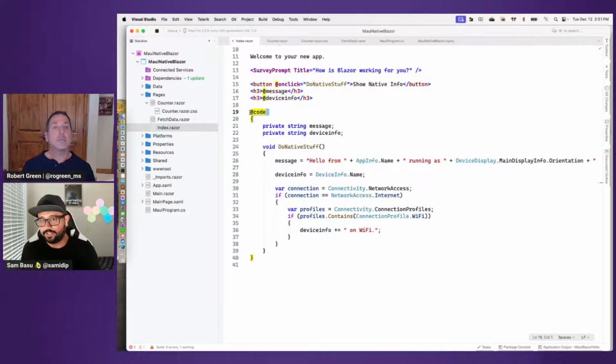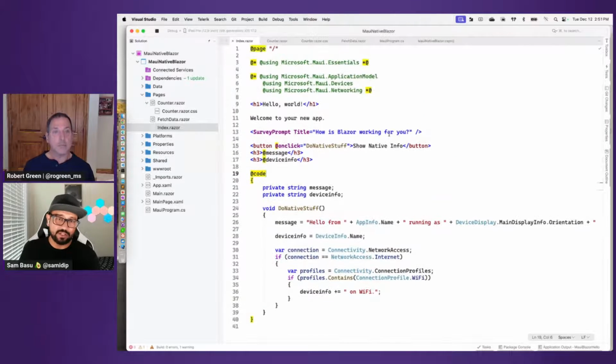there is no server. The server, you're literally on the device. So this is running on .NET on the device itself. And if you don't like mixing and matching visual code with business logic, then move it off to index.razor.cs. It's convention driven, then it'll be fine. It's just a partial class anyways.